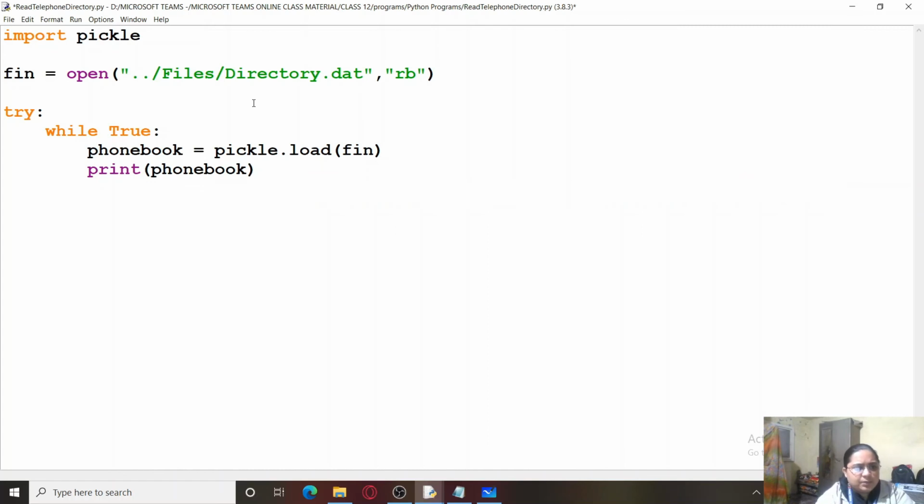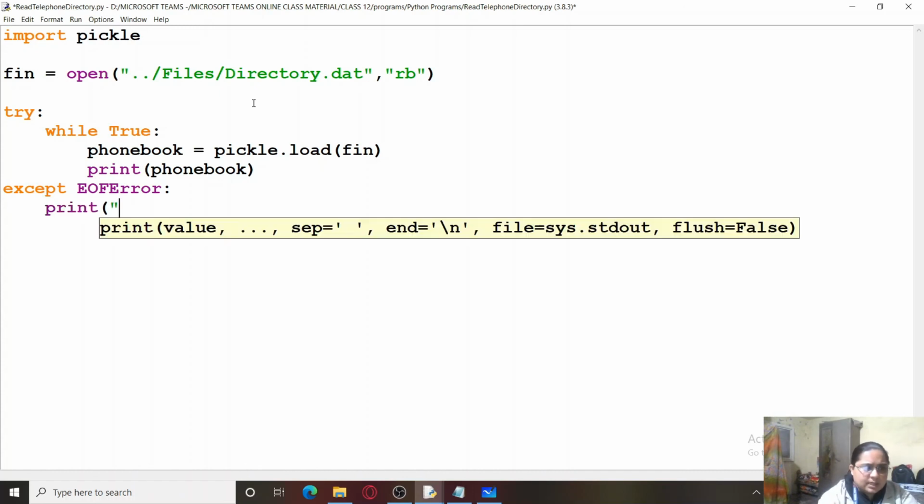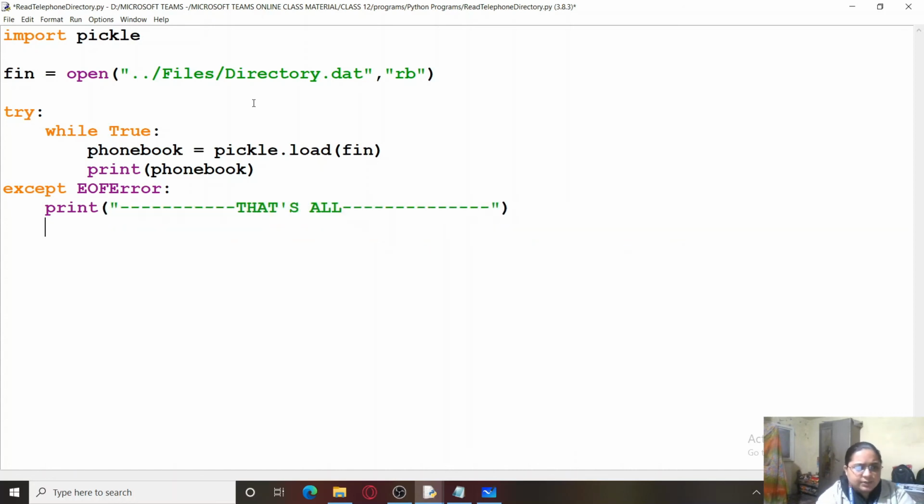Once I print phone book, I can go back here and type except EOFError. If the end of file error occurs, in that case what to do? You can print a small message, that's all in the file, and you can simply type pass, that is, not to do anything.